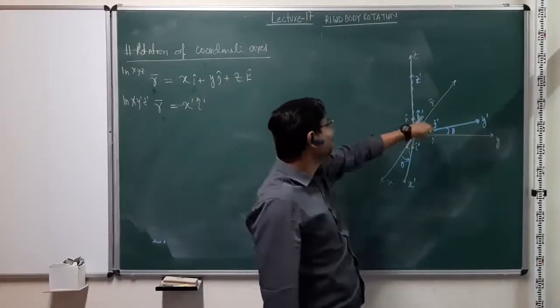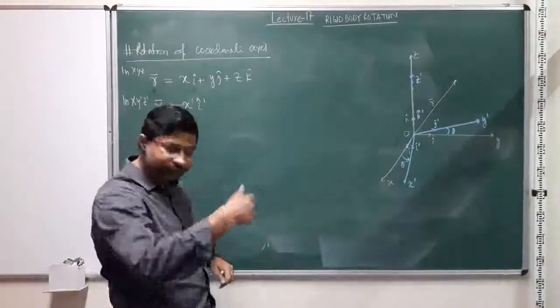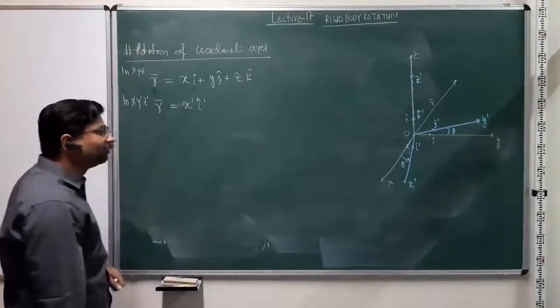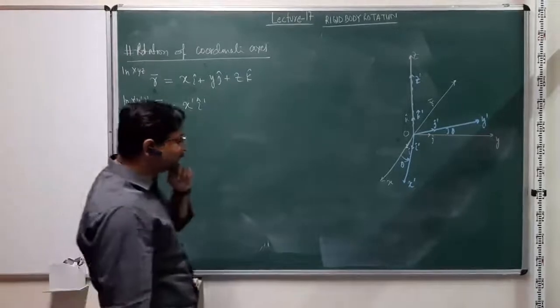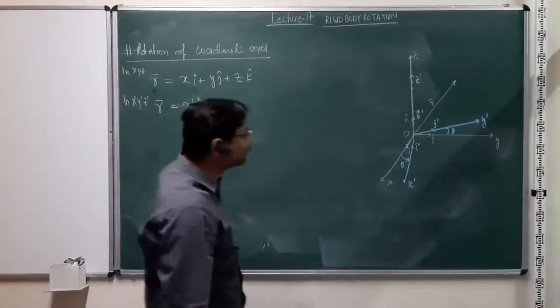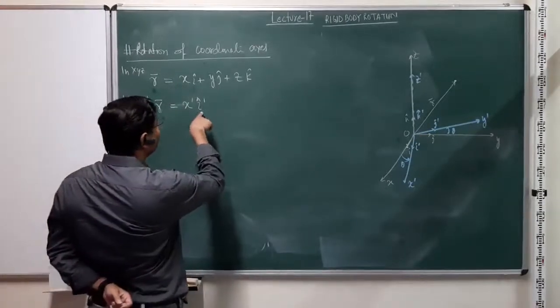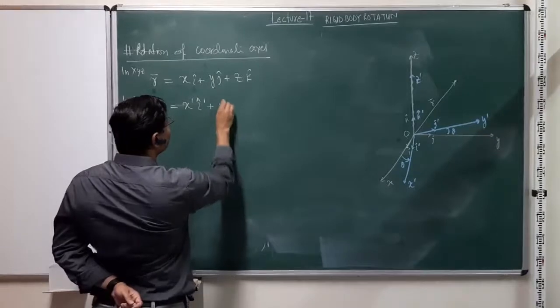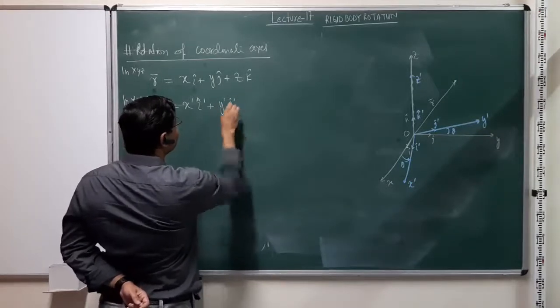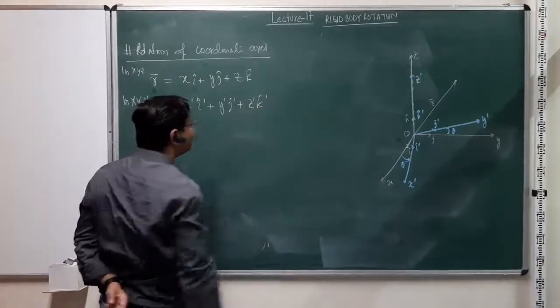and in this particular case, z prime and z are the same, so k and k prime will be the same, and that's why the z component will still be same, because of the axis about which the rotation is being done. However, for time we will consider them as different so that we can refine the generalized relation. Okay, so x prime I cap prime plus y prime j cap prime plus z prime k cap prime, right?